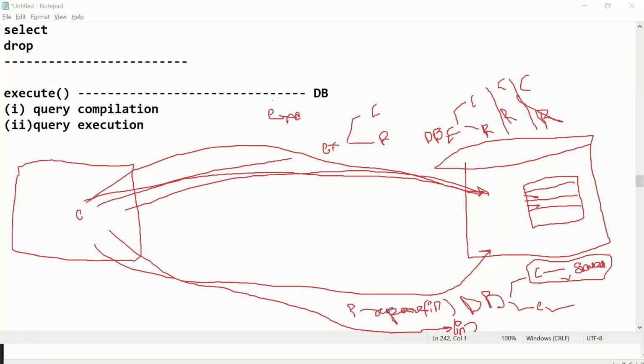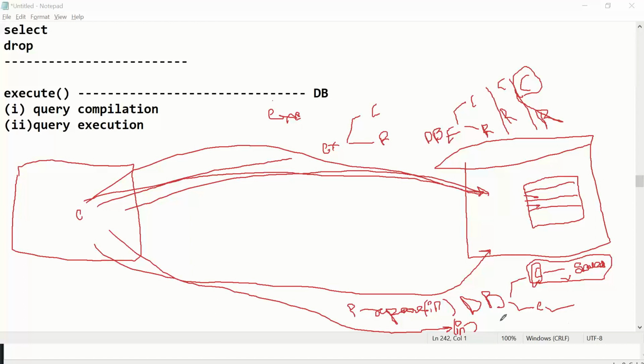The other is the prepare method, which you are going to see now. The difference is, if you use the execute method, your query compilation will be done every time. It is not saved. Whereas with the prepare method, once you do query compilation, this compilation procedure will be saved. So the second time it will not take that much time to execute the same operation.